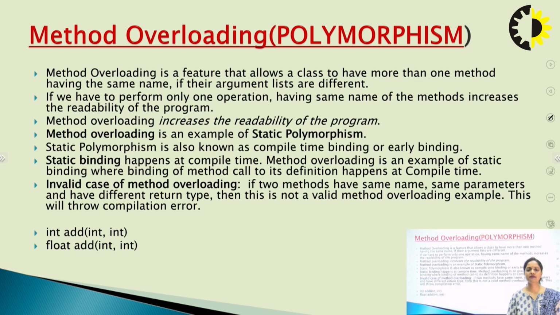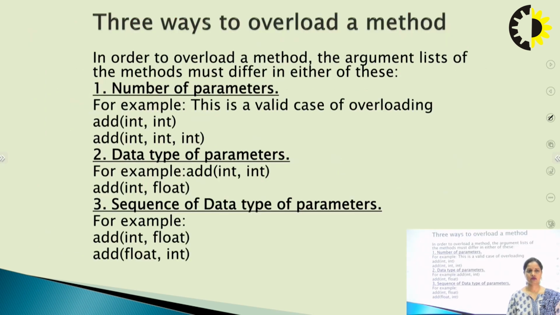Now what is method overloading in Java? As we all know, creating a method inside a class is a very simple task. But when we make a method with the same name in the same class but having different bodies and different parameter lists, then the concept of method overloading occurs in Java. So how can we achieve this overloading? There are three ways of achieving method overloading in Java.